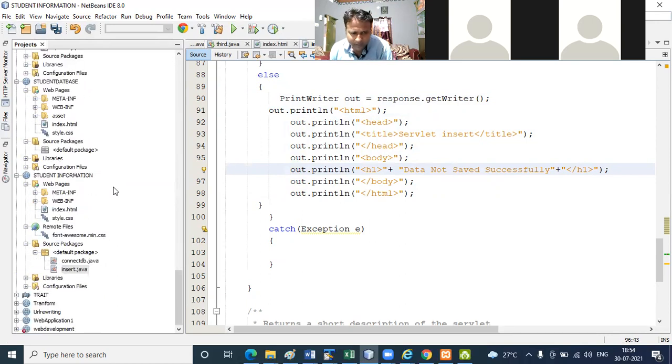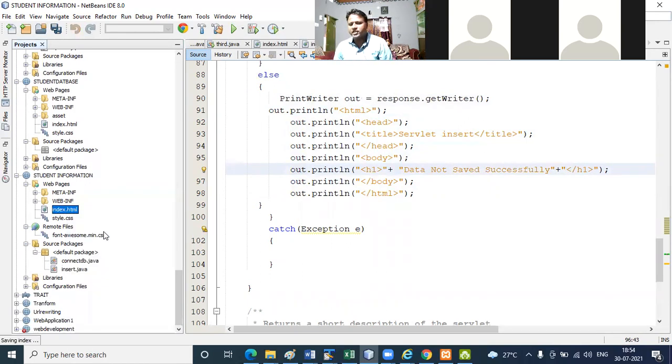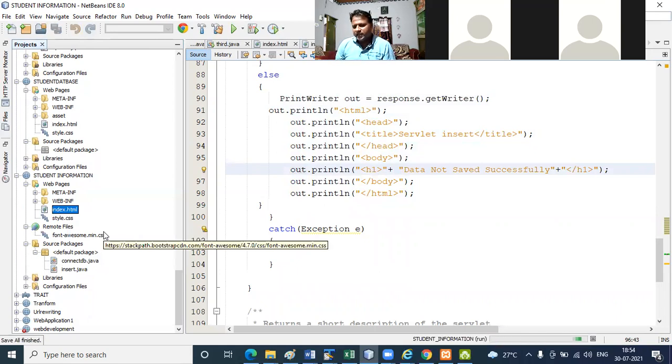I run the file now. Right click, run file. Now check whether my data is saved or not.